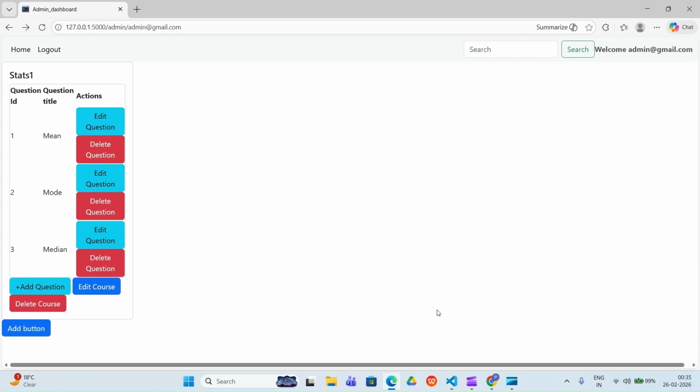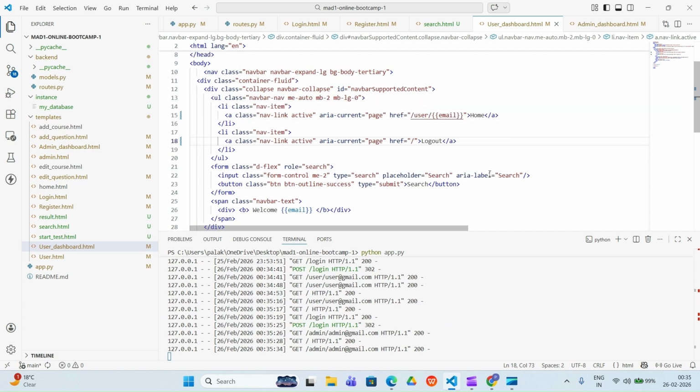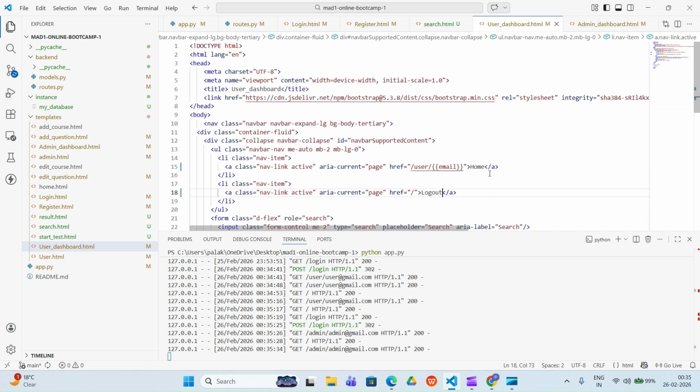I hope you are able to see all these things, and you can implement them in your own project also. Many more things are simple here, which you can check from here and implement directly into your project. For the other parts, that is your admin dashboard and other things, you can check how things are working here and implement them for yourself on that basis. So this is the last session of this series, and I hope you enjoyed it and will learn many more things from here.